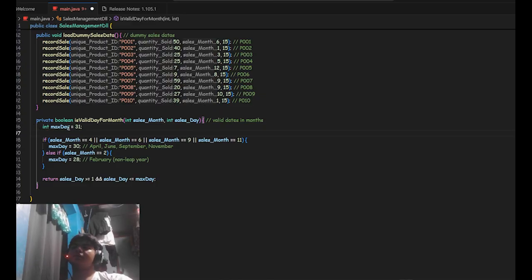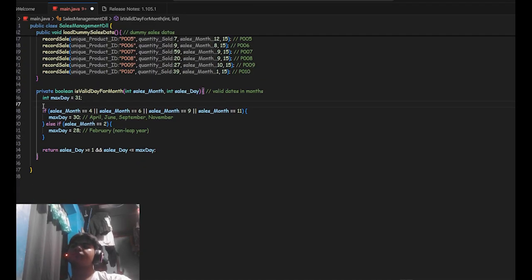In our case, it is 31. If sales month is equal to 4, 6, 9, or 11, then the max day is 30. And else if sales month is equal to 2, or February, it is 28, non-leap year.